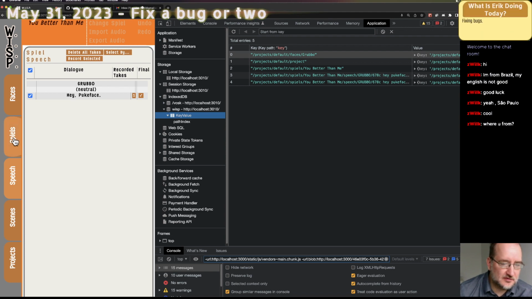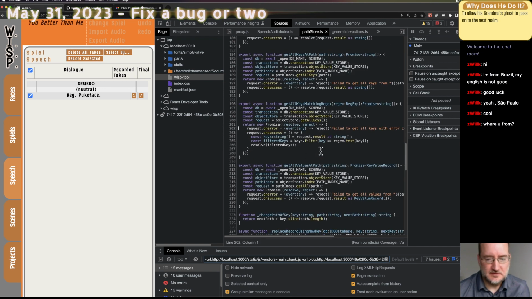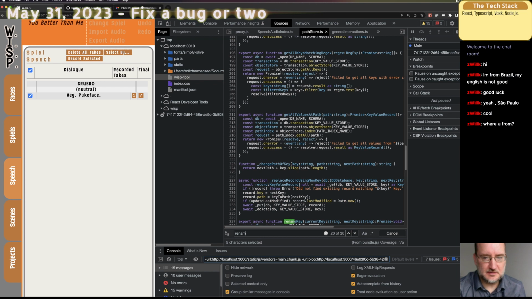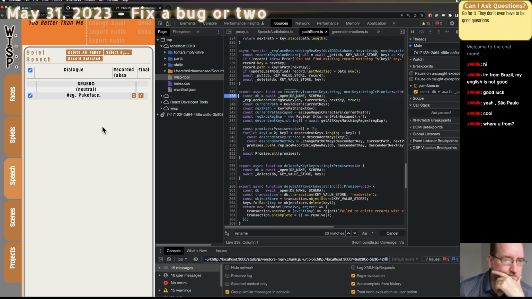So let's go back to the spiel. Well, before I rename it, I better get rid of it with my breakpoint. Go to where was I? Path store. And it was rename key. Okay.